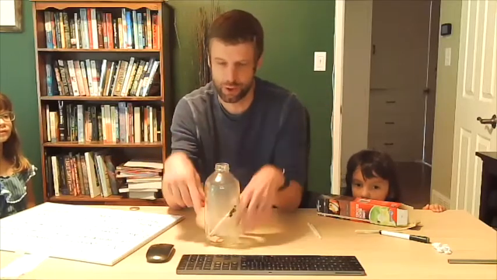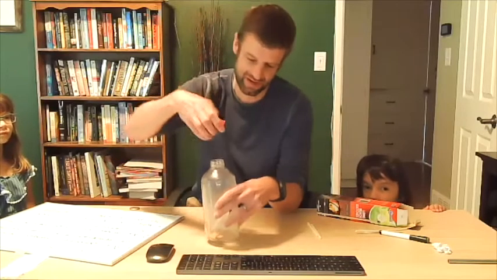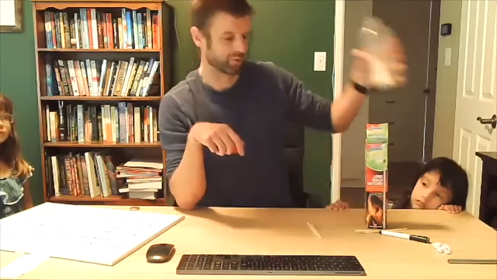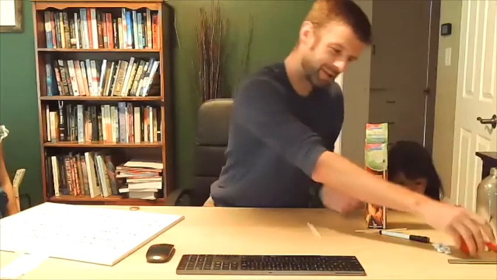So then you have low pressure inside, high pressure outside, and it gets sucked in. Once this bottle cools down a little bit at the very end of today, we might try this one more time because it's just really cool to see the balloon get sucked in. But we'll try it again in a little bit. Sometimes they work, sometimes they don't. All right, so